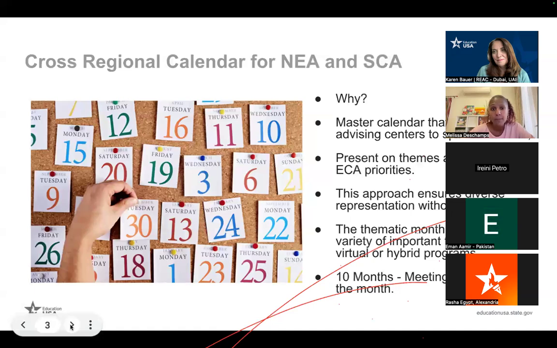So the different themes that are going to be covered are those typical awareness months or recognition months, but they also allow an opportunity to really dive into how that might connect to education, how that might connect to the experience, how that connects to the American culture, different regional cultures, the differentiation that exists within the US. And so we will go over what some of those months are and start brainstorming some ideas of what that can look like. But this is the broader overview of what this entails.